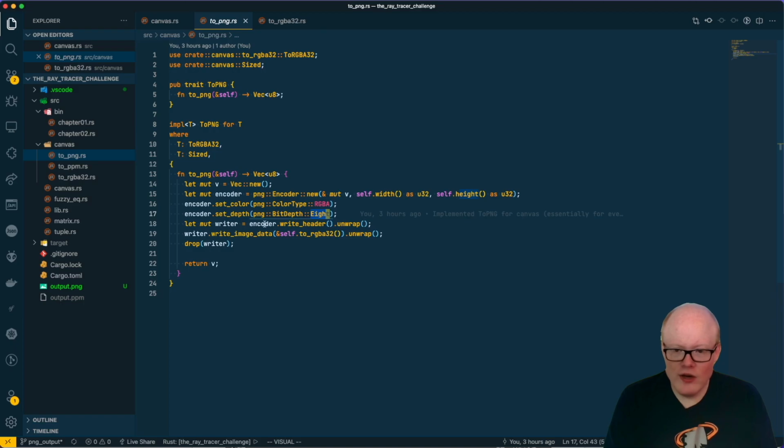Then we create something which is called a writer, which we get by using write header, which is then written out. And then we tell the writer to write the image data by giving it a reference to the vector, which essentially is our RGBA data. So we are just writing this out. Then we are doing something here. We are after that just telling Rust to